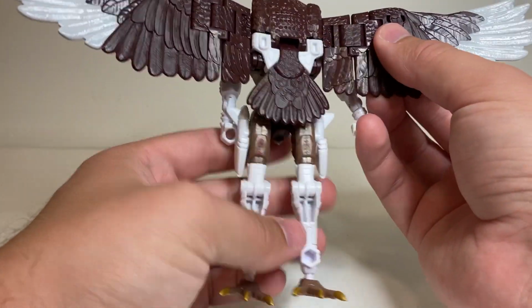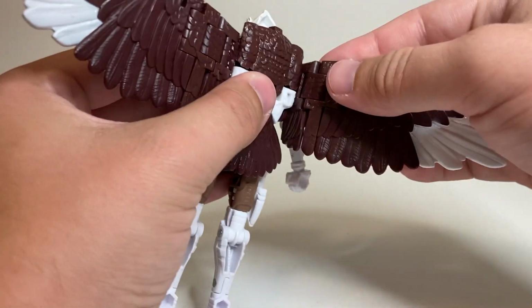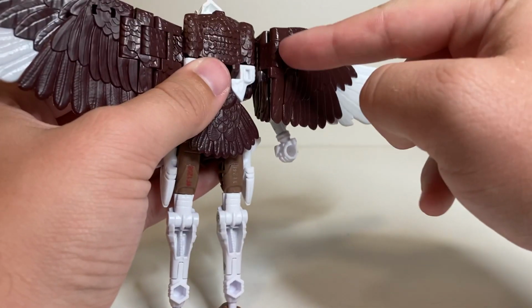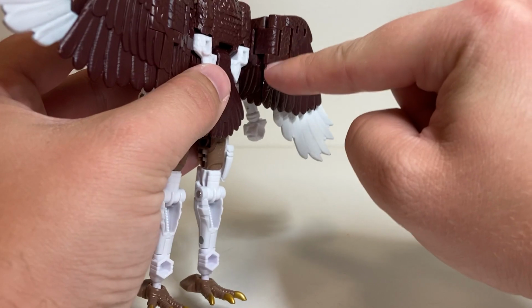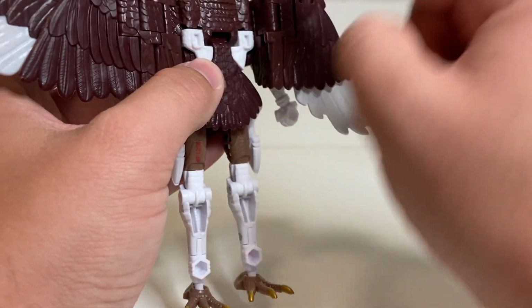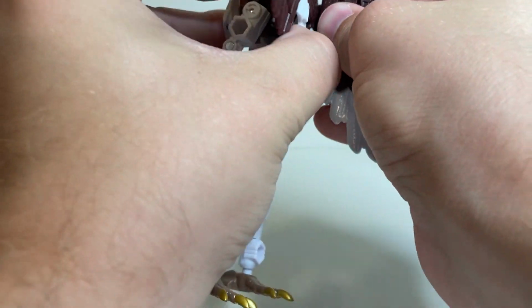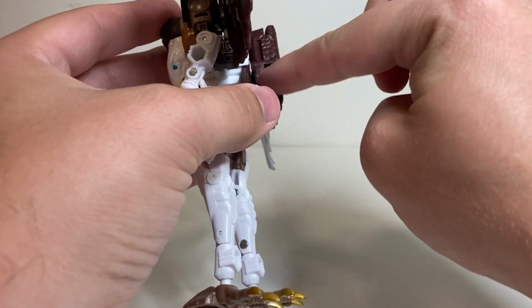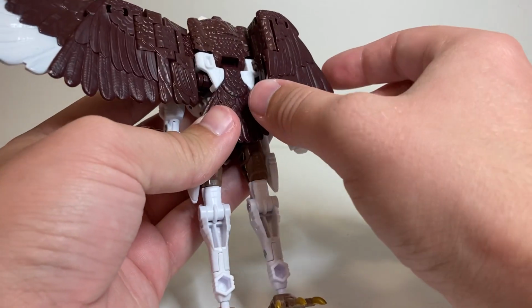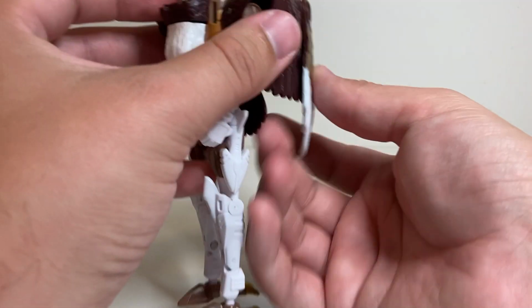And then for the wings, to put them in their fully compressed mode, you want to bring them forward on this joint, and then on the upper part of the double joint here, you fold it out like that, and then on the lower section, you fold it in so that this tab that I was talking about earlier now goes into that slot right there, just like that. And then this whole section here on the wing, you can rotate out like that, which creates this little slot right here that you can fit the rest of the feathers in. And that's about the most compressed that you can get the wings,